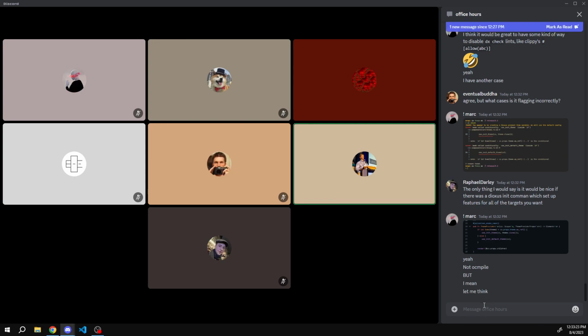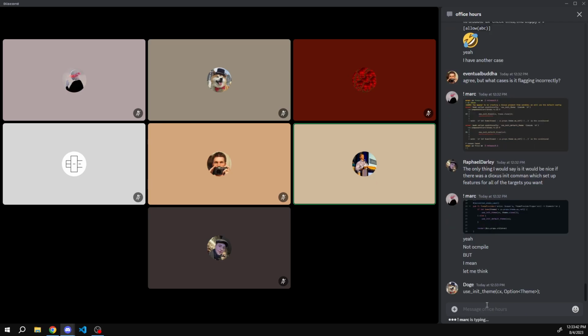Yeah, I would just put in use_init_theme the conditional in the hook that provides a different theme. Yeah, I guess technically they're the same theme, but